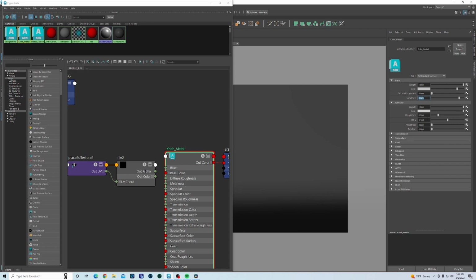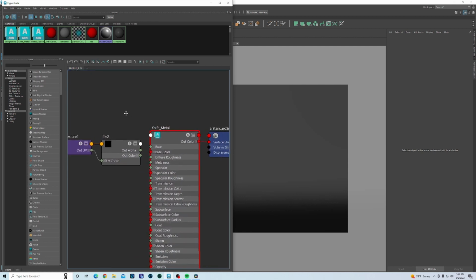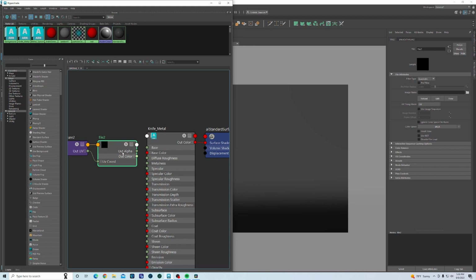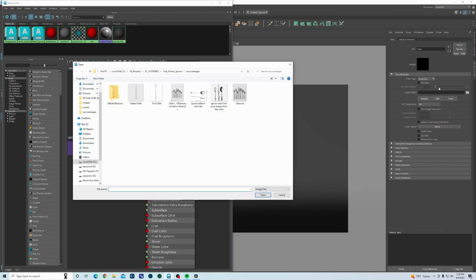The IOR for silver is 1.084. And then we are going to take the file node and then open and look for our